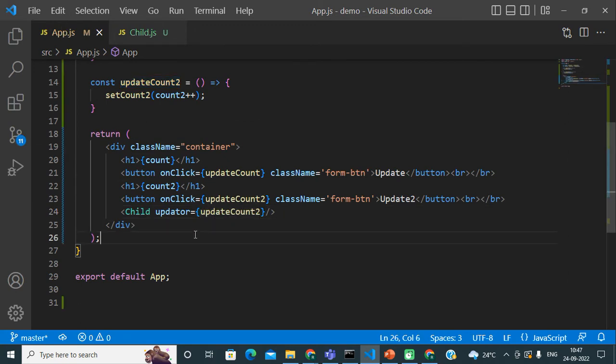It is getting re-rendered because of one concept in JavaScript, and that concept is referential equality.